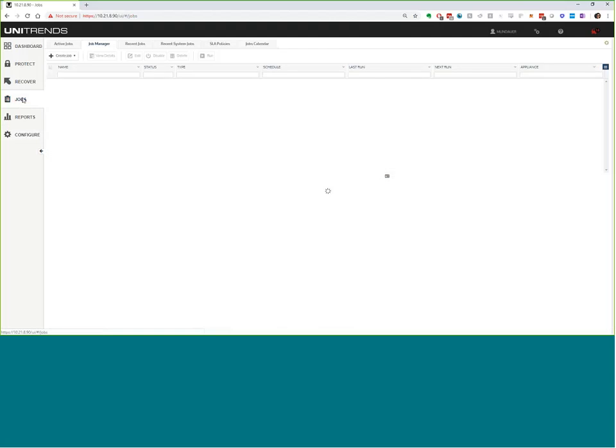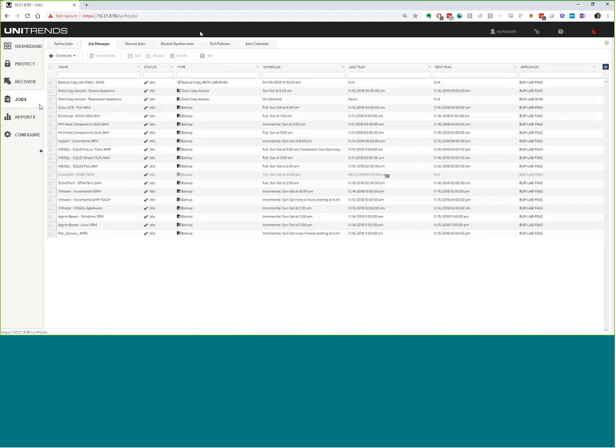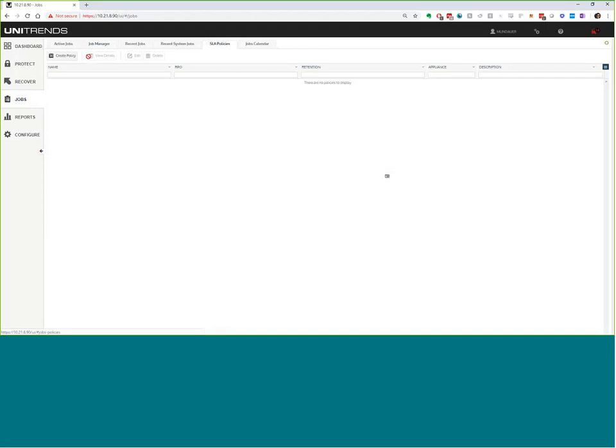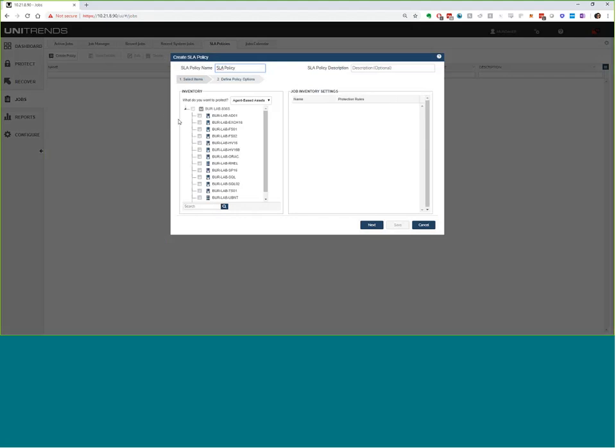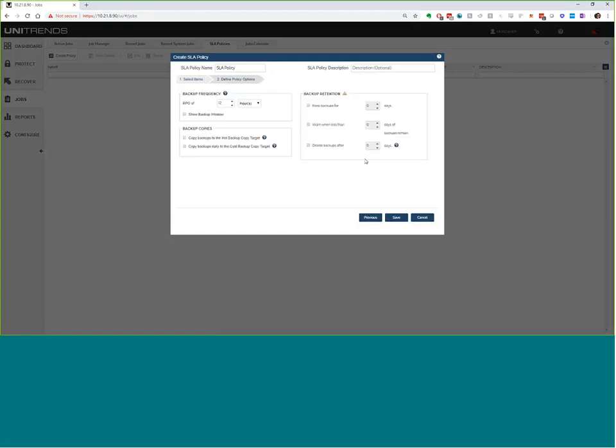Now, when it comes to backup schedules themselves, Unitrends gives you a really easy way to manage the different SLAs that you as an IT department have with those different machines that you're protecting. Maybe different departments have different requirements. So in one place, you can go select all those machines, either agent-based, VMware, Hyper-V, AHV, and group them all